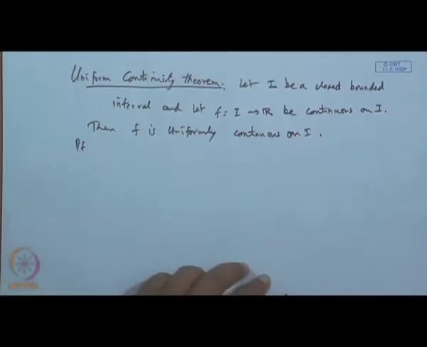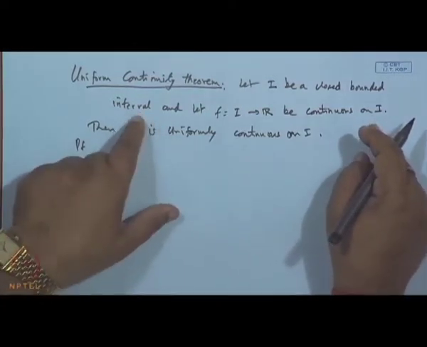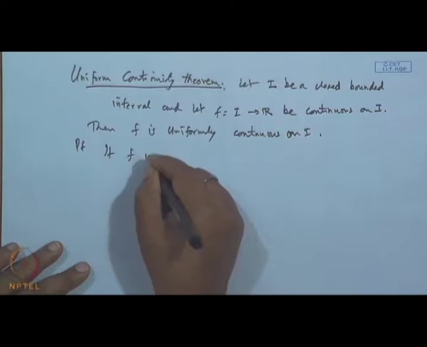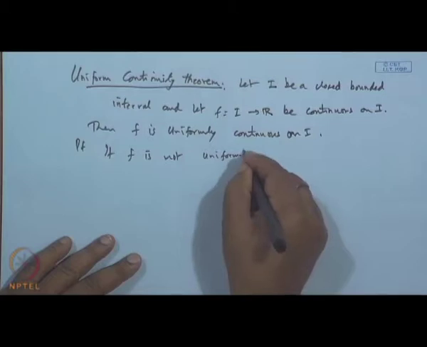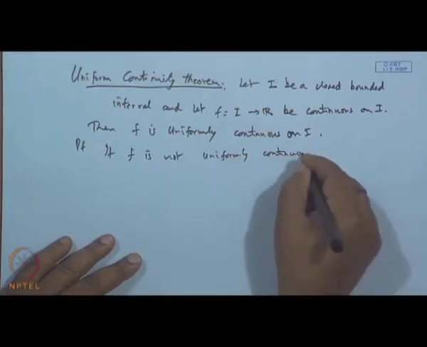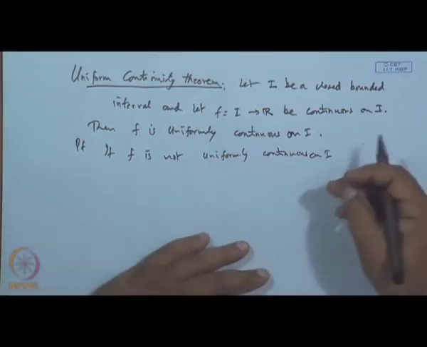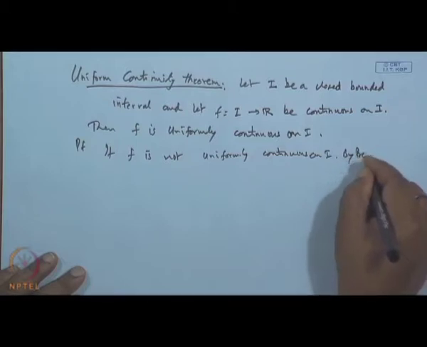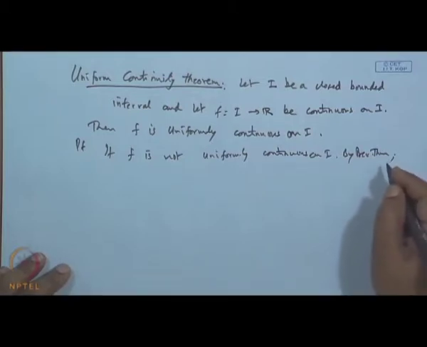So, what he said is, if the function f is continuous over a closed and bounded interval, then the function must be uniformly continuous. Suppose f is not uniformly continuous on I. Then I can use one of the criteria which I listed earlier, in the form of sequences. By the previous results or theorems, where the criteria are there, we can choose.